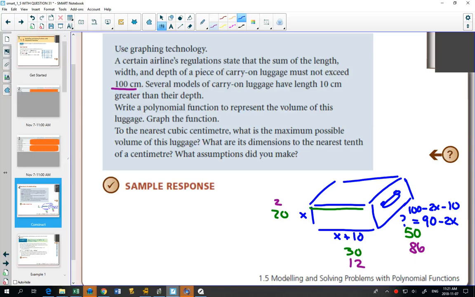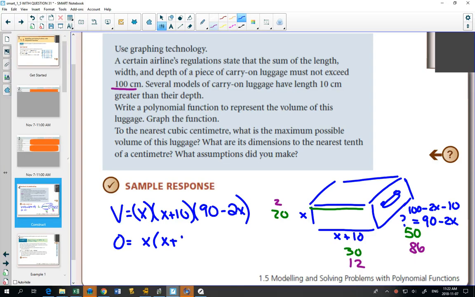So write a polynomial function to represent the volume. Now the volume is length times width times height, so we have an x times an x plus 10 times a 90 minus 2x. And we want to graph this function. Why is this easy to graph? Because it's already factored, so you know that the zeros are x equals 0, x equals negative 10,